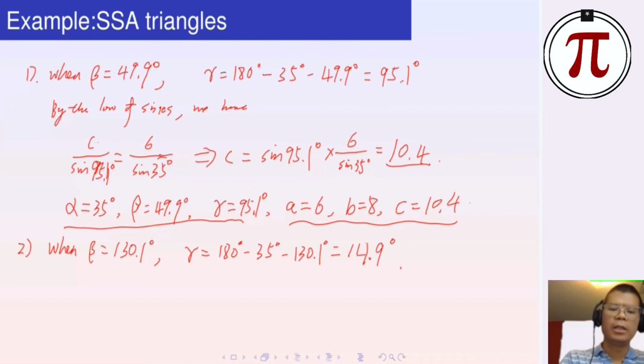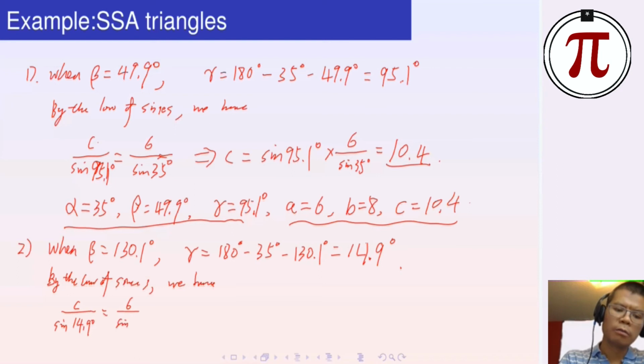So by the law of sines, we have C over sine 14.9 degrees equals 6 over sine 35 degrees. So in this case, C equals sine 14.9 degrees times 6 over sine 35 degrees equals